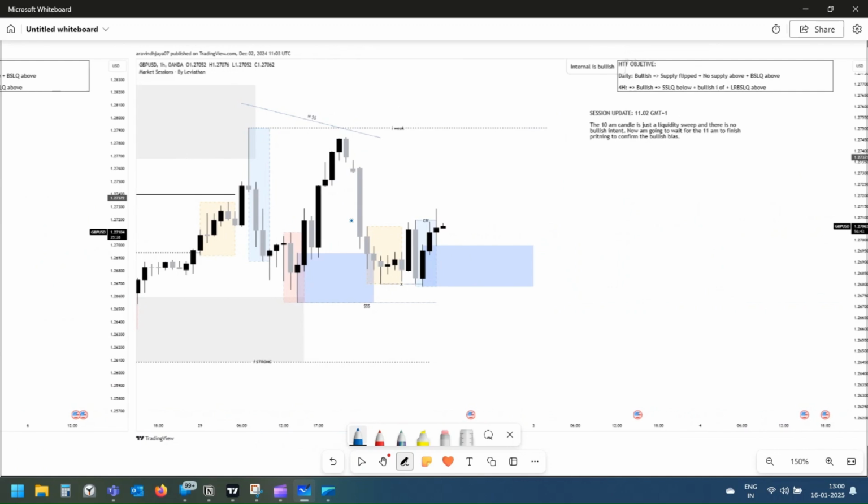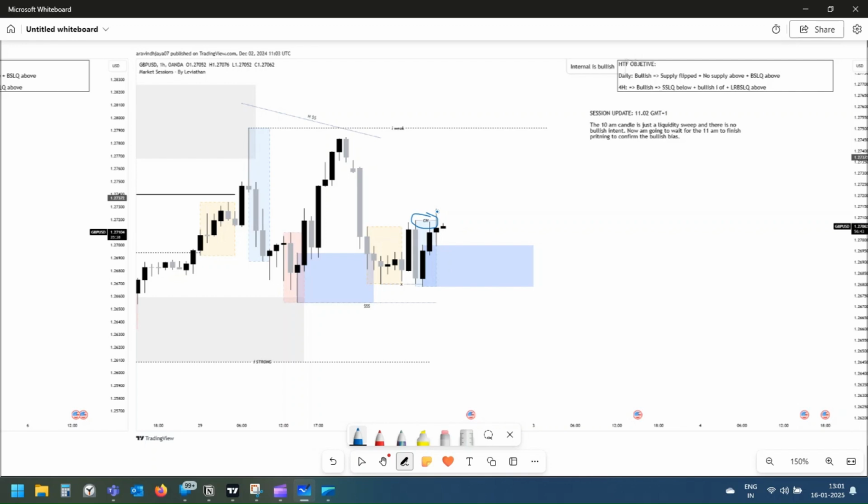But there is a small catch. This 10 a.m. candle, I just waited for it to finish, but this ended up being a liquidity sweep rather than a CHoCH bullish. So what is the difference between a CHoCH bullish and a liquidity sweep? If there is a candle closure, I could have considered this as a CHoCH bullish, then I could have taken